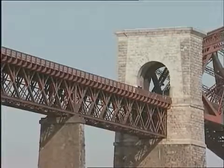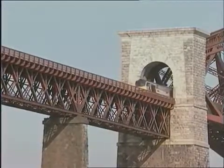Probably the best known railway bridge in Britain straddles the Firth of Forth to provide a direct